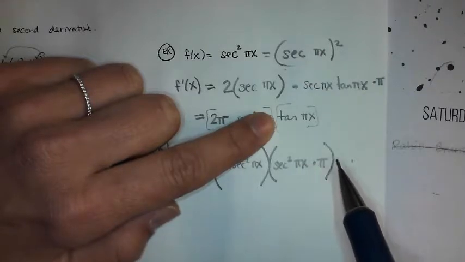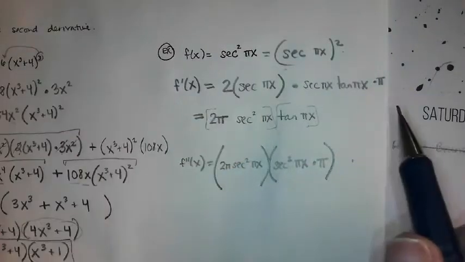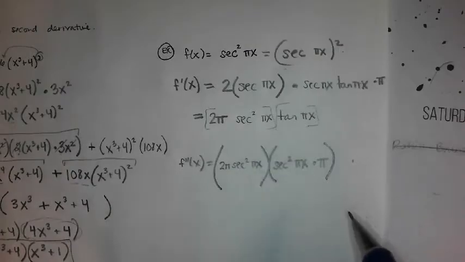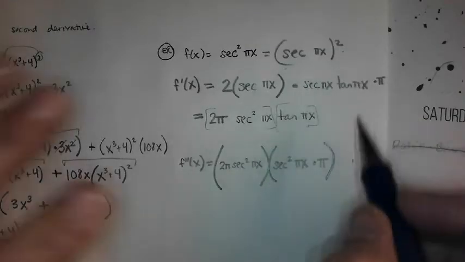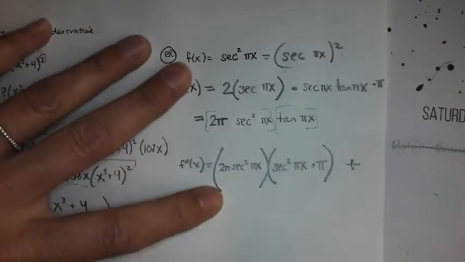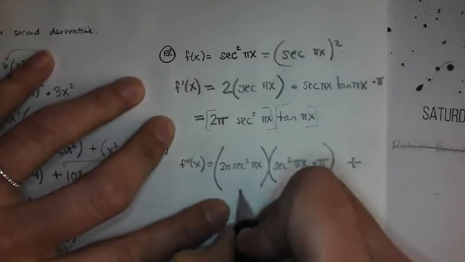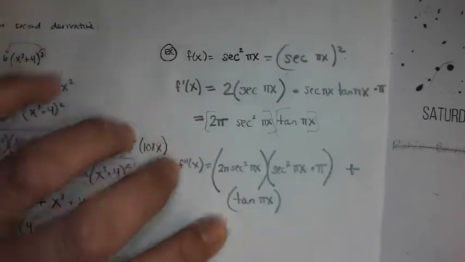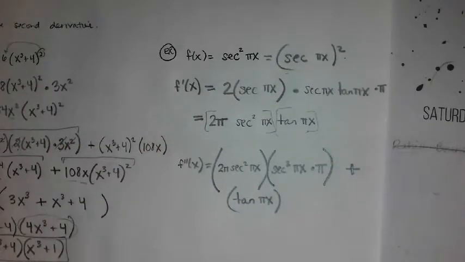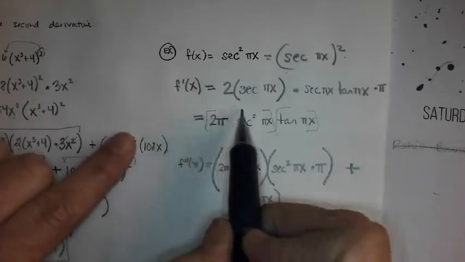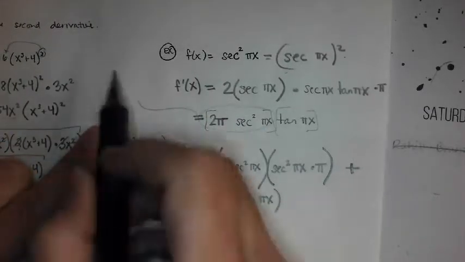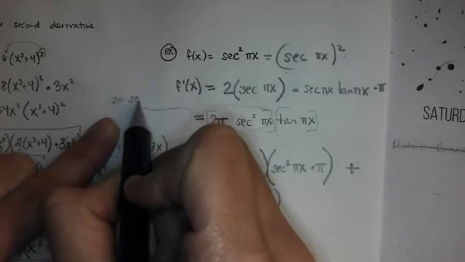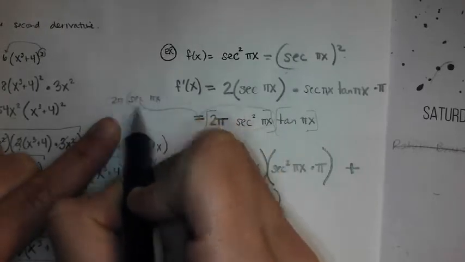I'm taking the tangent of a pi x, and the derivative of that is pi. Plus second times derivative of the first. So this you may want to rewrite